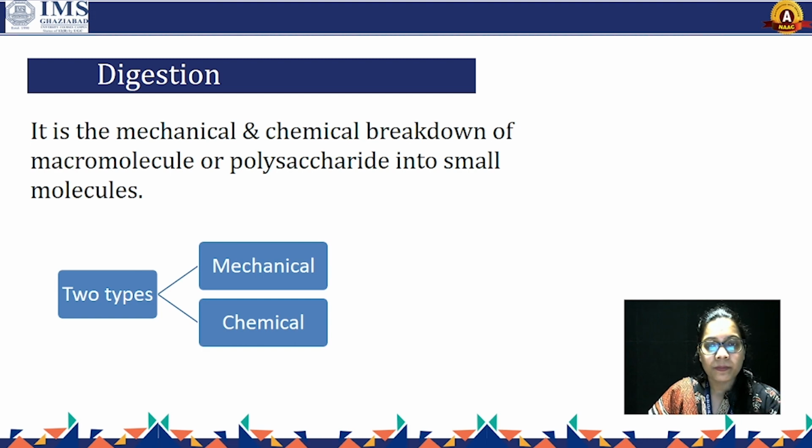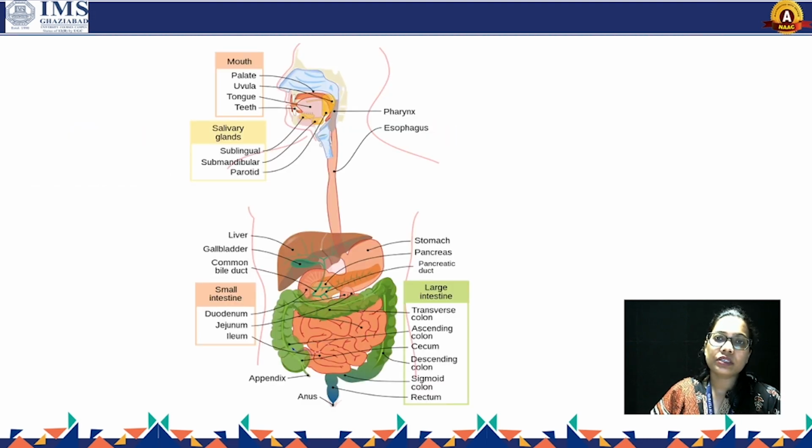esophagus. So the digestion process involves our digestive system, which is made up of two different types of parts. First, the basic parts, which play the main role in digestion of the food, and second, the accessory glands, whose side products, basically enzymes, help in digestion and dissolving the food products. Our digestive system involves first the mouth, which involves palate, tongue, and teeth.